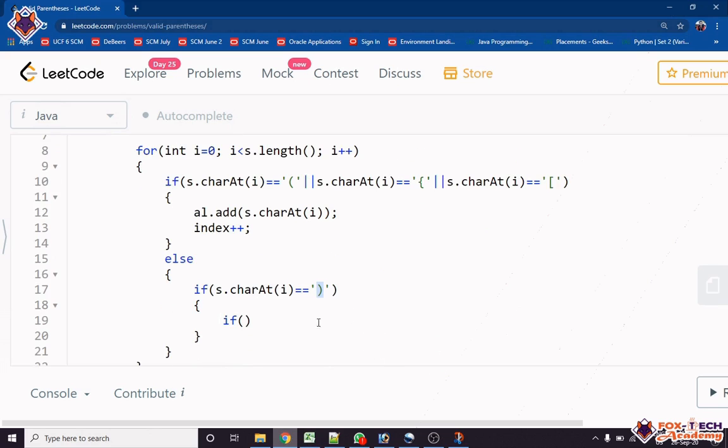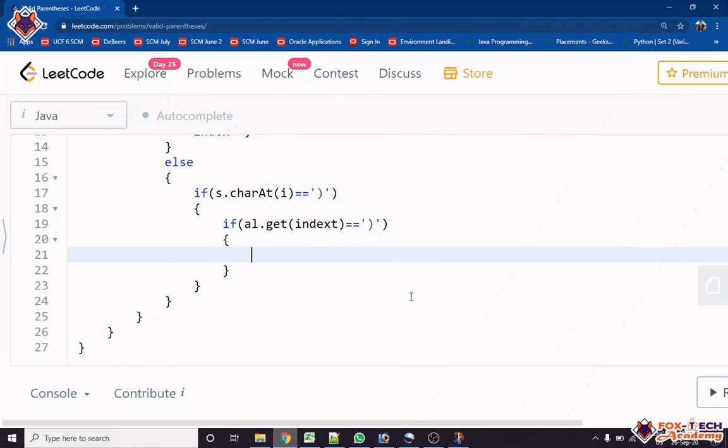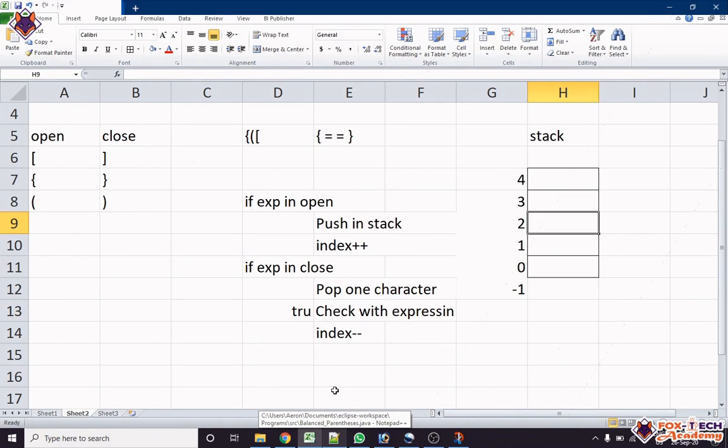If they are equal, then we will just remove the item from the stack and decrease the index.